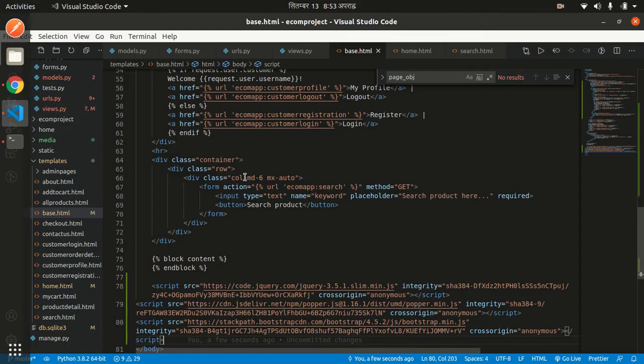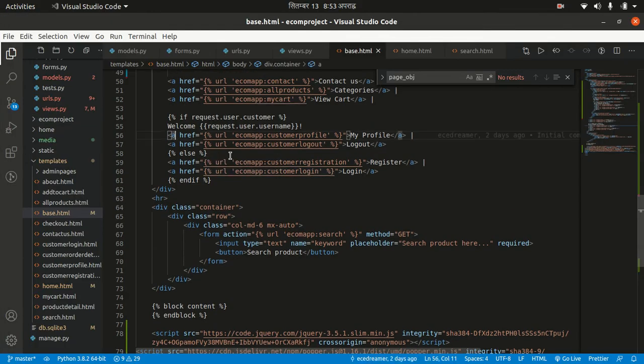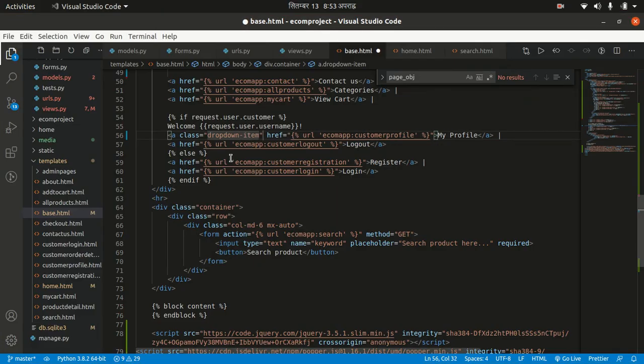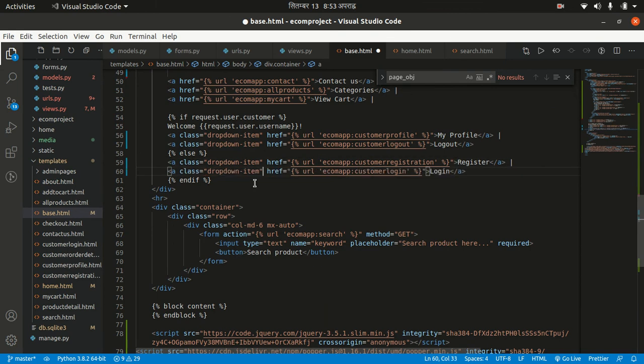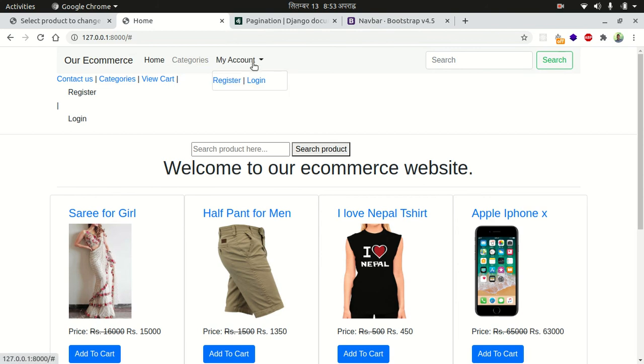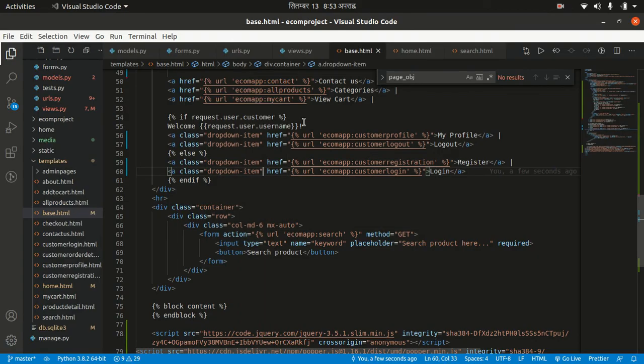So I need to add the class dropdown-item here. I copy and paste this to all my dropdown menu. And if you refresh the page now, you can see if you drop this my account, still